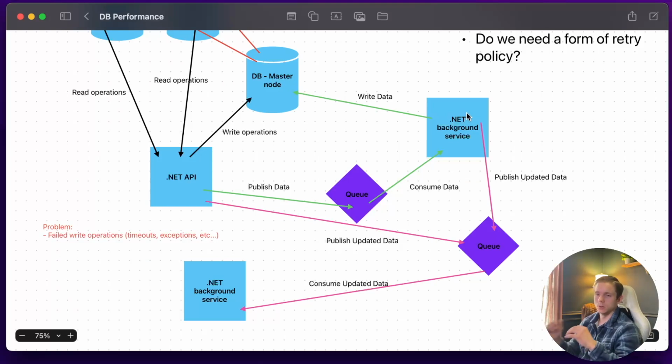We can set up either a try catch. We can set up a manual retry policy. We can use a package to do that. But if we want to focus on this side of things from the .NET background service and the queue, we can use a message broker and use built-in features to do that. So one example of this would be we're going to expand on our assumption. We're going to use